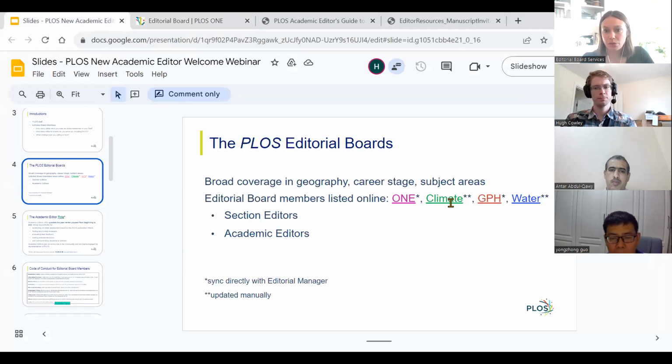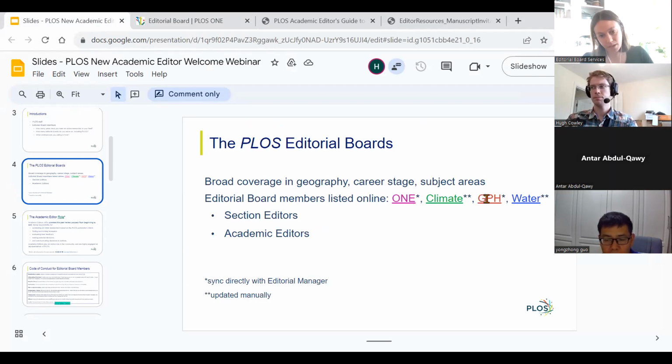One thing I do want to call out is that due to the size of the boards, PLOS One and GPH are both automatically synced with your information from Editorial Manager daily, every 24 hours. And then Climate and Water, we're still in the manual stage of updating those websites. And so we have section editors and academic editors on these journals.